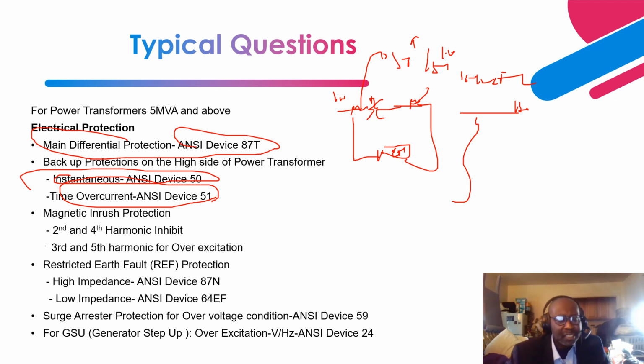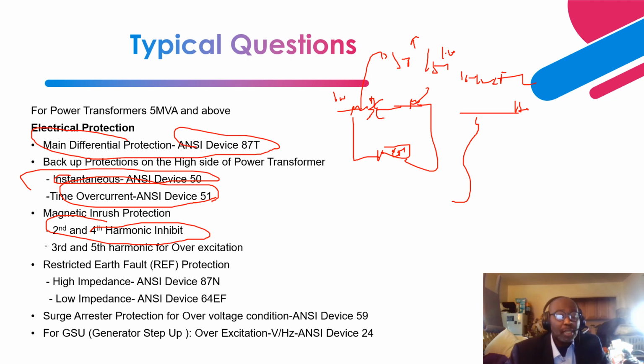Another protection scheme is magnetizing inrush. During energization of the transformer, the differential relay should be able to distinguish between a true fault and a magnetizing inrush condition. The inrush condition is rich in harmonics, even and odd. So we utilize the second and fourth harmonics as a blocking inhibitor to prevent tripping of the differential relay, allowing the transformer to ride through energization.